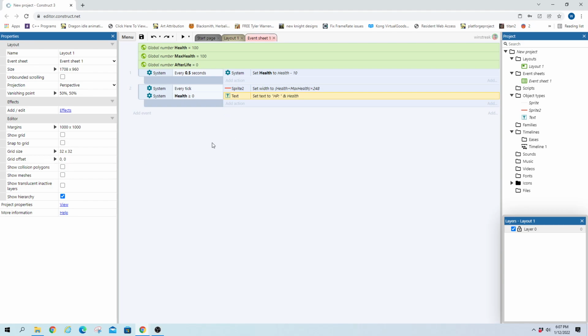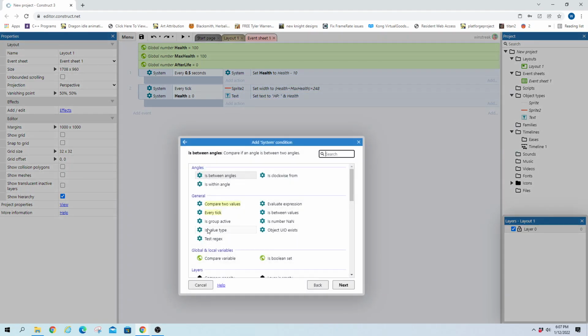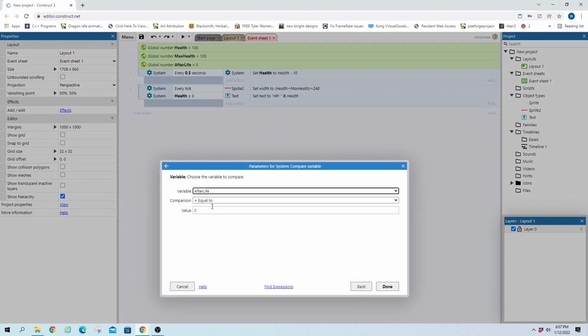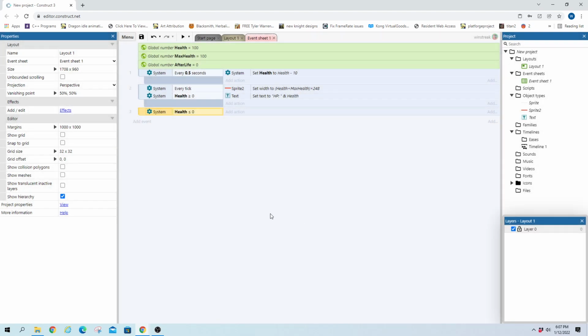But moving on from there, we're going to have it check to see if it hits 0, and if it does, we're going to give it a second life, and we're going to make that only happen one time. So we're going to start off with a variable check, and we're going to look at life here. And if life is less than or equal to 0,